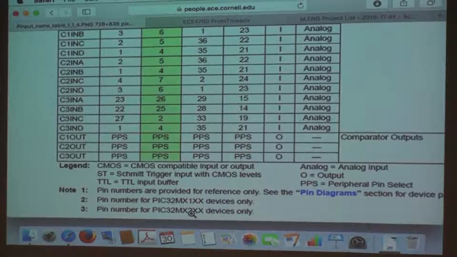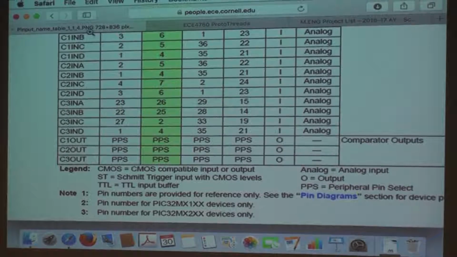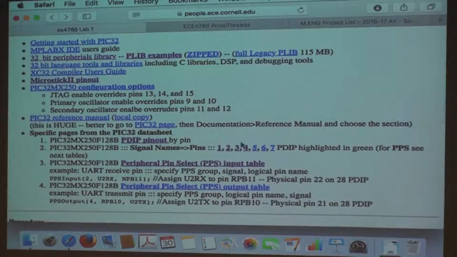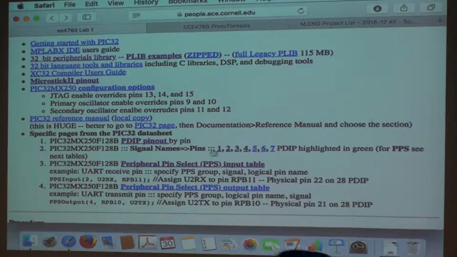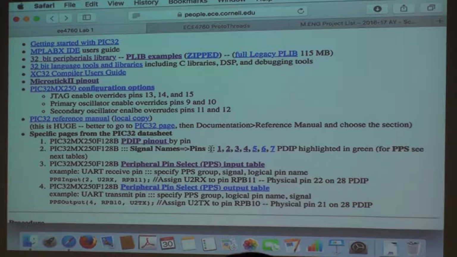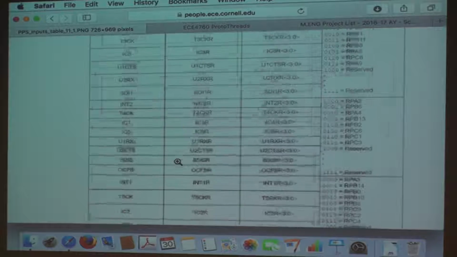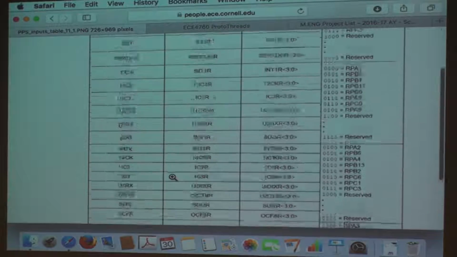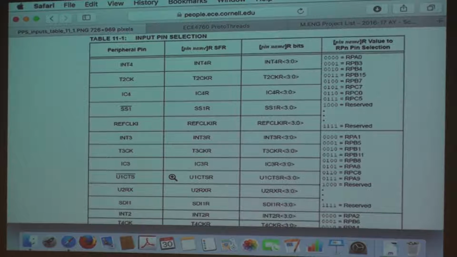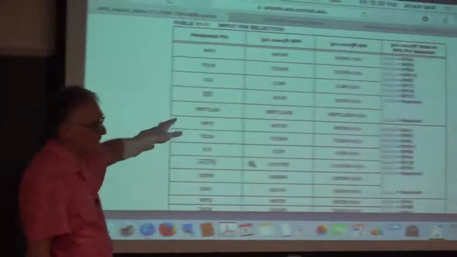And so these tables, as the semester goes on, and you're going to be using more and more pins for more and more things, you're going to need to look at this signal list here in some detail. Also, the pin select, the PPS tables, which were thoughtfully abstracted by the student, are incomplete. They have only the most used signals, the ones that you're likely to run across in labs 1 through 4. The complete list is here.